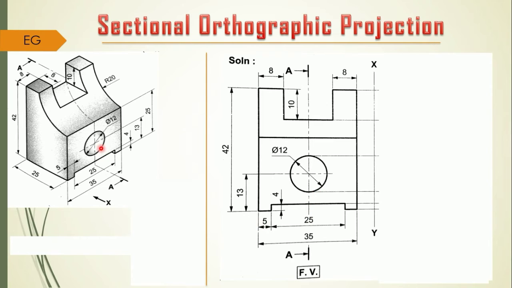And further on, the horizontal center axis is found at a distance of 13 mm from this lower end. So from this lower end, measure the distance 13 mm, and with that distance you have to draw another horizontal center line over here, which is going to intersect with the previously drawn vertical center line. From this intersection point you have to construct a circle which has a diameter of 12 mm. So ultimately the radius is 6 mm.